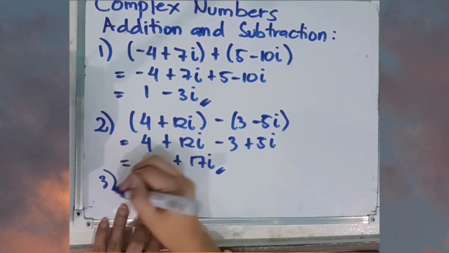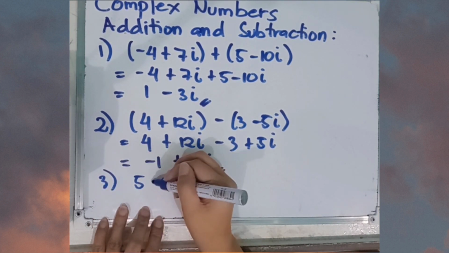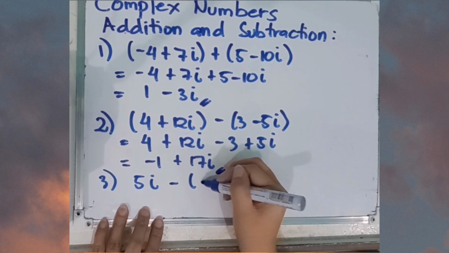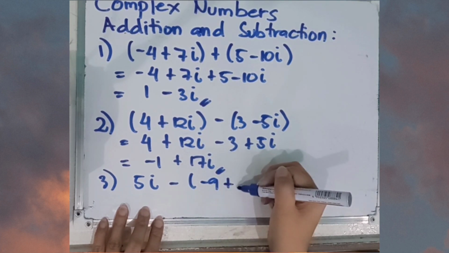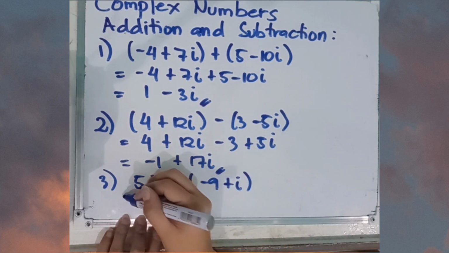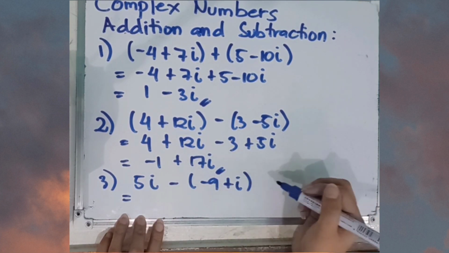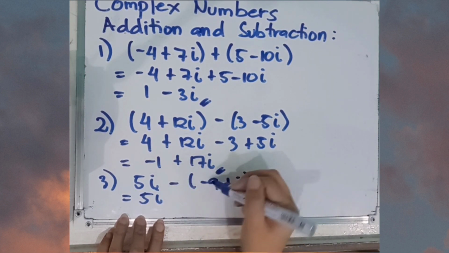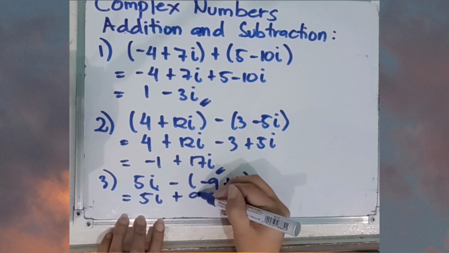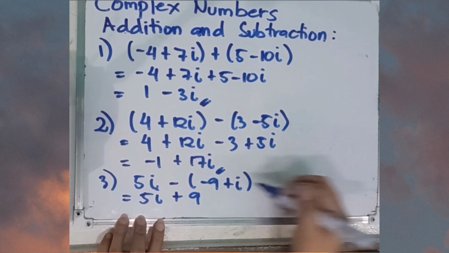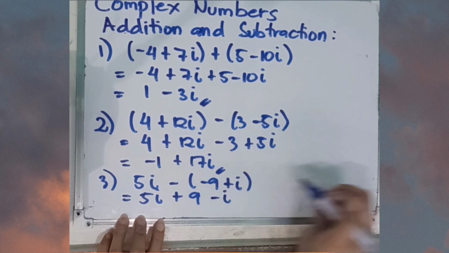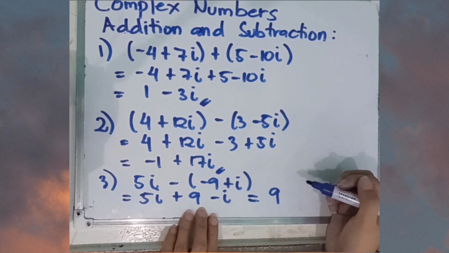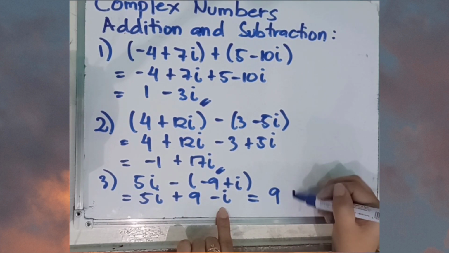Number 3, suppose we have 5i minus the quantity of negative 9 plus i. If we remove the parentheses for the second quantity, that's 5i, negative negative, that will be positive 9. Then we have negative i. So simplifying, that will give us 9. Then 5i minus i is simply